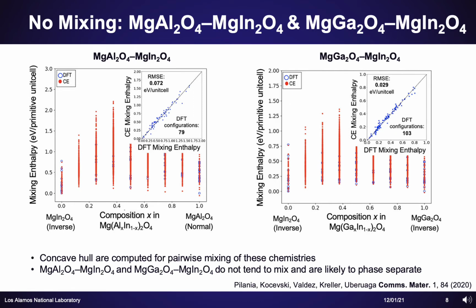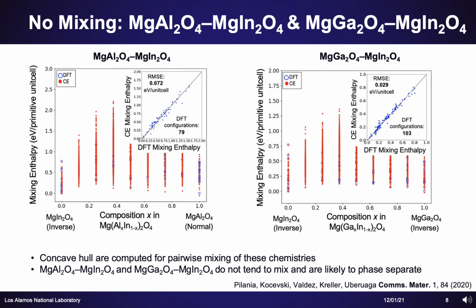Interestingly, the predictions from the cluster expansion model suggest that there is not a single ordered double spinel compound that is thermodynamically stable for the magnesium aluminate, magnesium indate, or magnesium gallate, magnesium indate mixtures. In both cases, all the double spinels have a higher energy relative to the respective two single spinel endpoints, indicating